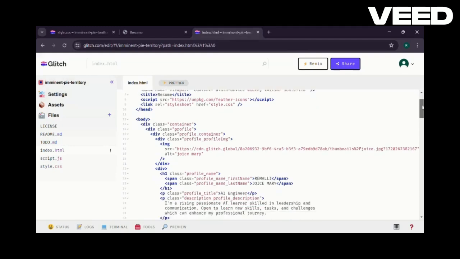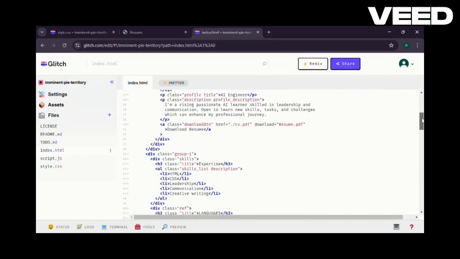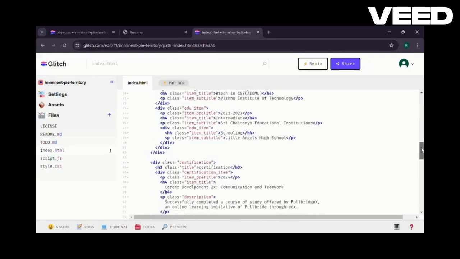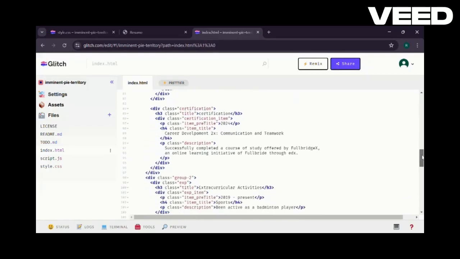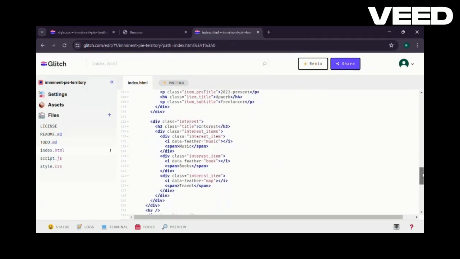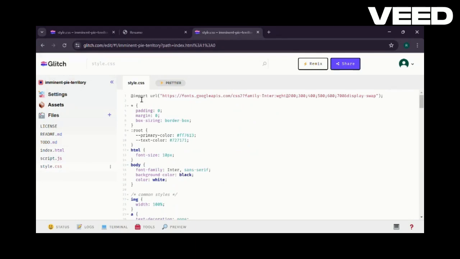The head tag contains the meta information about the document, such as its character set, title, and links to style sheets and scripts. It is followed by meta charset equals UTF-8, which specifies the character encoding for the HTML document. And here we come back to style.css.